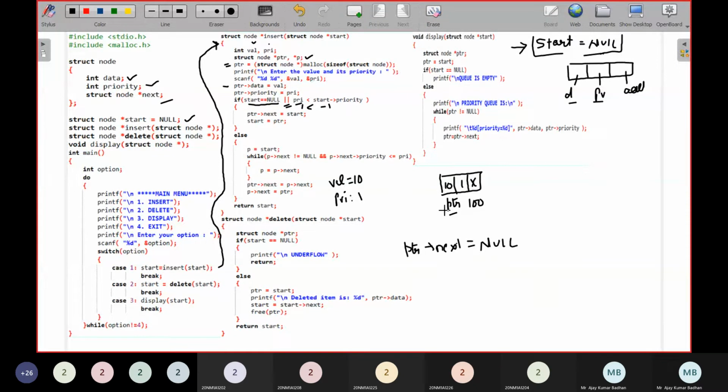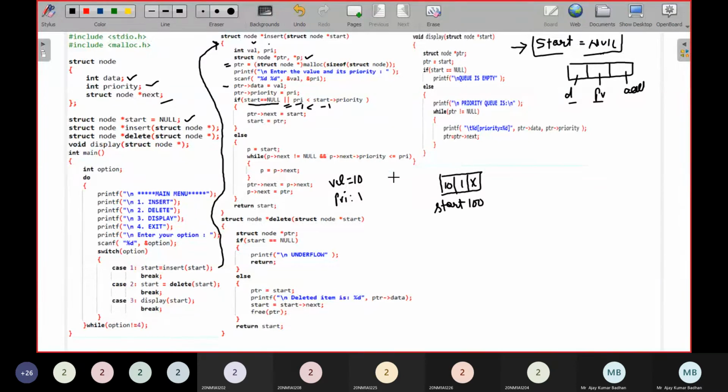And after doing that, in the linked list, whichever new node we have created, the first node, that will be pointing to start. So how can we do that? Start equal to pointer. So automatically start will come to this particular location. I hope you got it. Right now start is coming, so you can just remove this pointer now. Start is pointing to this particular location. Here is your start. So the first node has been created.